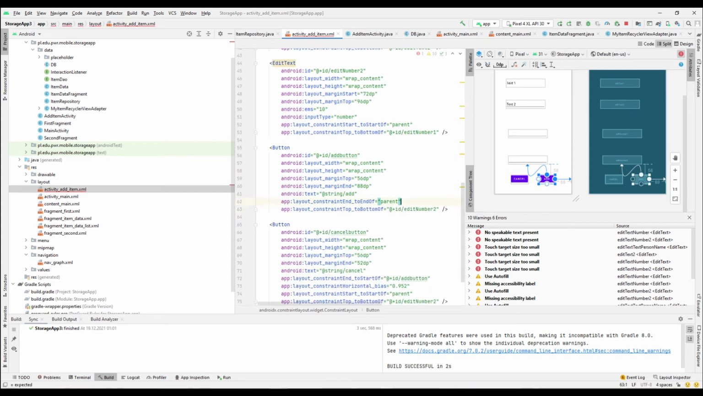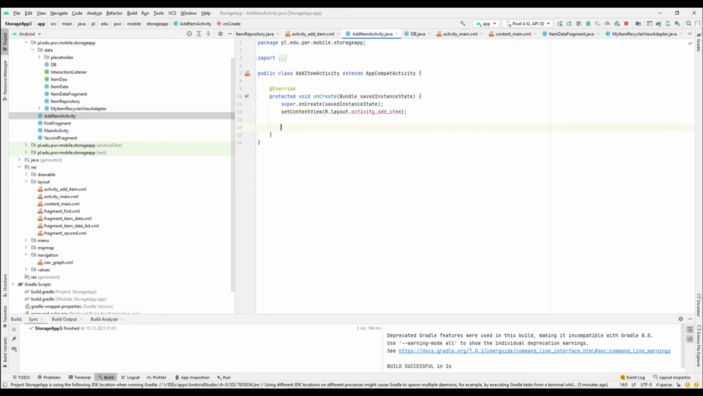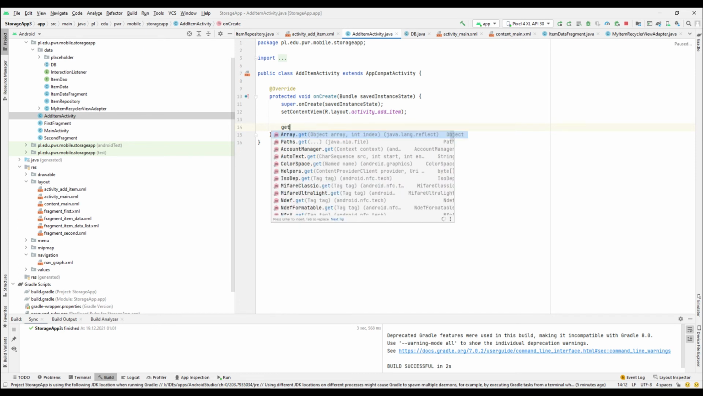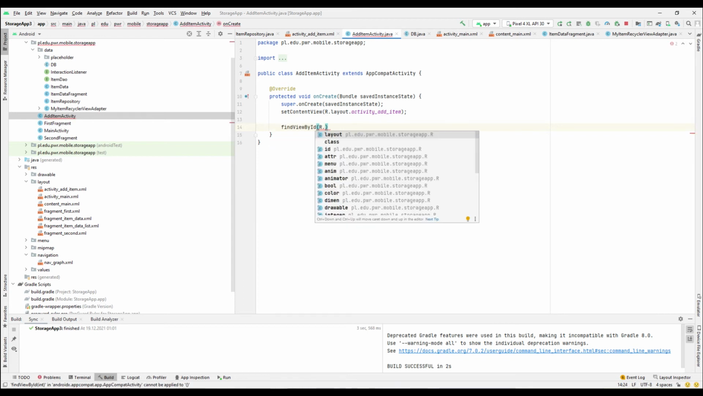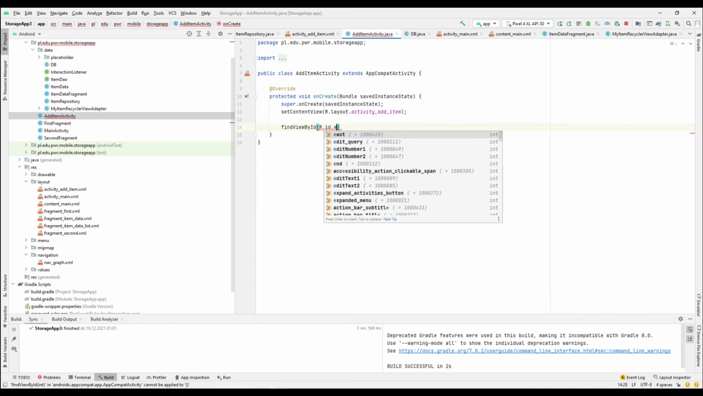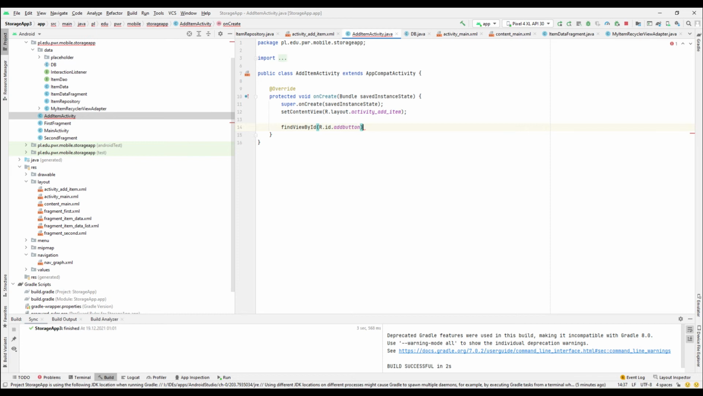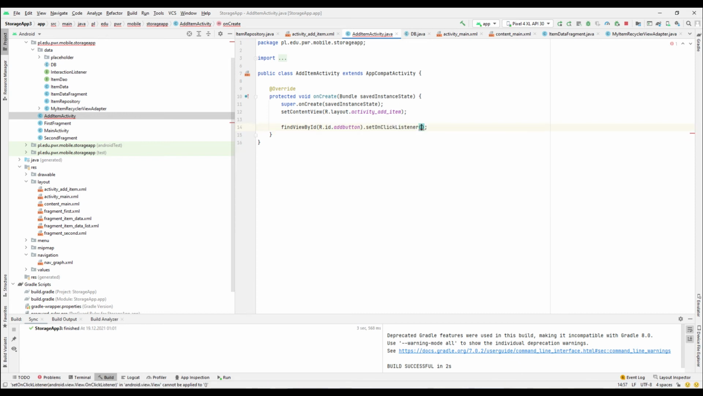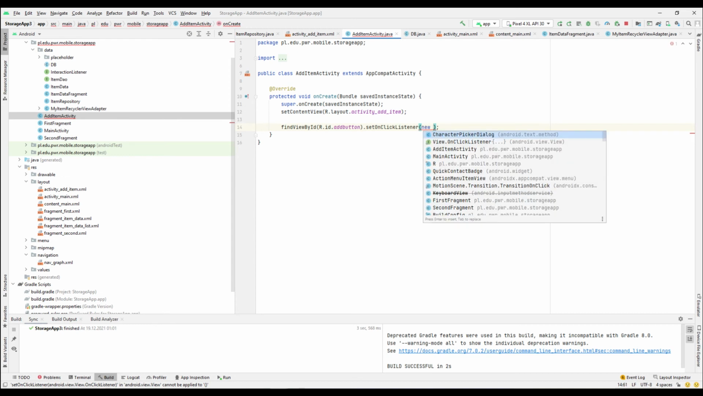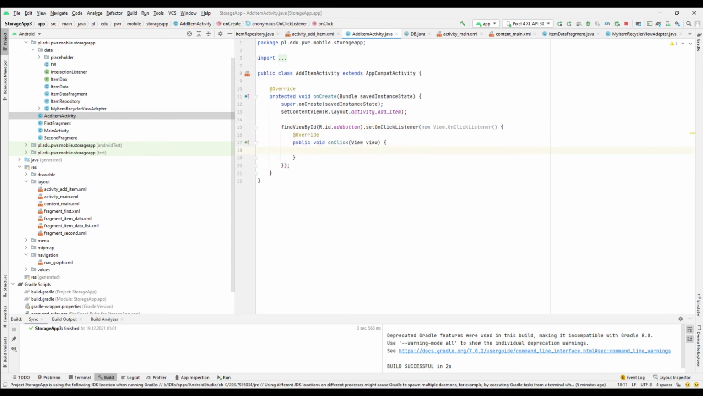Click. Okay, maybe we can do it in a good way. So let's do it here. Find view by ID, and we want to get our ID add button. And for this one, we want to set on click listener, and this is going to be a new on click listener, and we want to just call